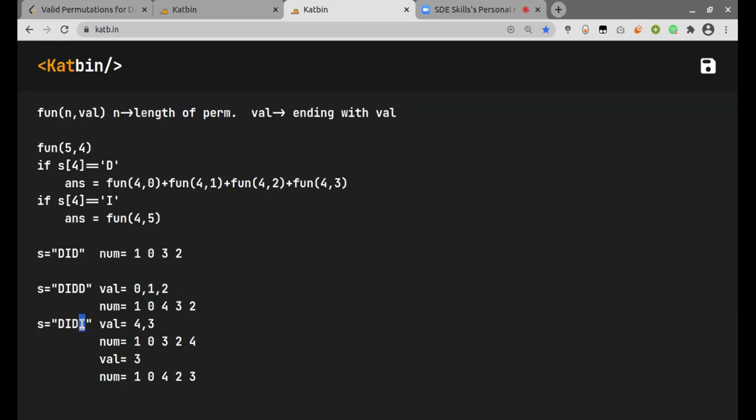If it was increasing, I took all the numbers which are one greater than the last number, and it went up till the length of the permutation. So if we further need to modify our recursive statement, we can do this with a function of 4 comma 4.